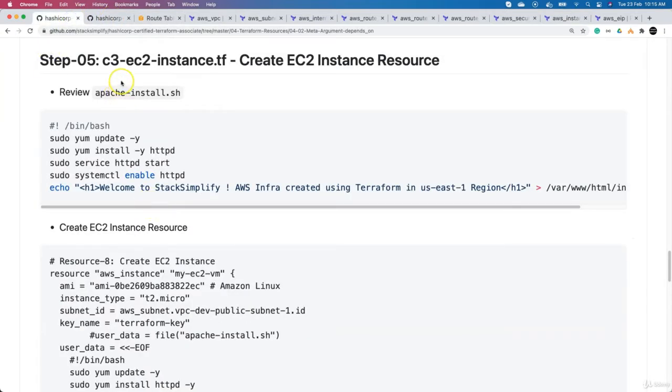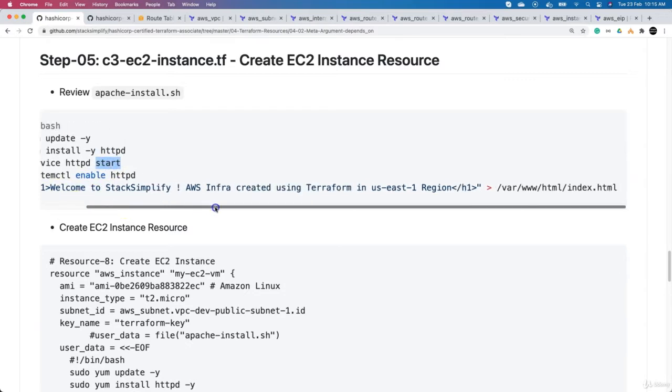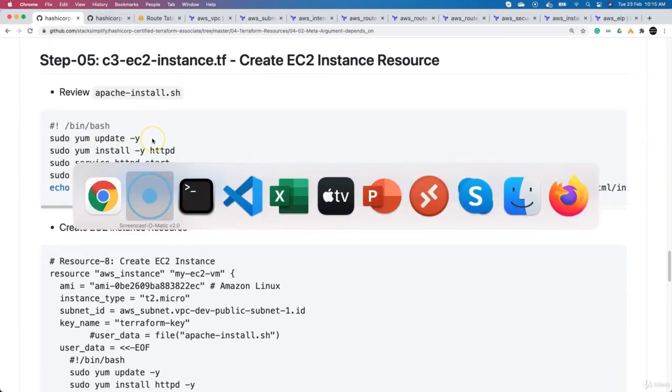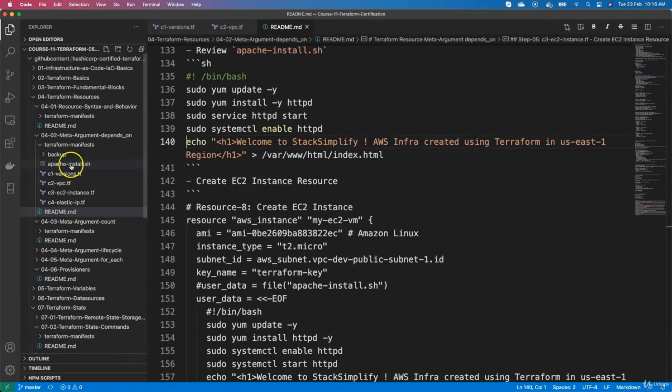And first things first, here we need to review the apache-install.sh script. Okay, so this script will install the HTTPD web server, which is the Apache web server. It will start the web server and also add the index.html, and when you access this respective web server, you will be able to see this message, welcome to Stack Simplify. Okay, so this is the simple script. So this is present in the respective location